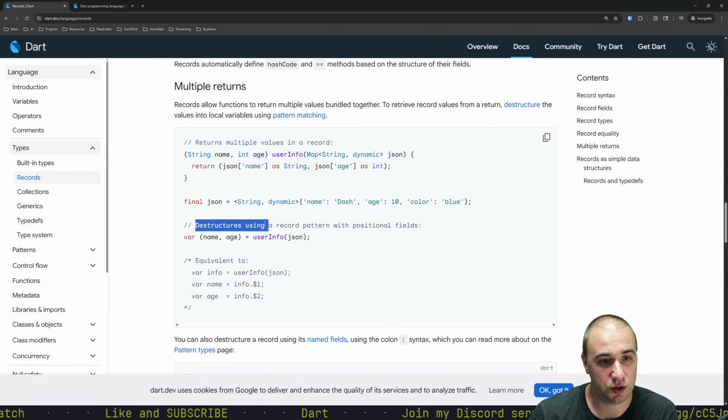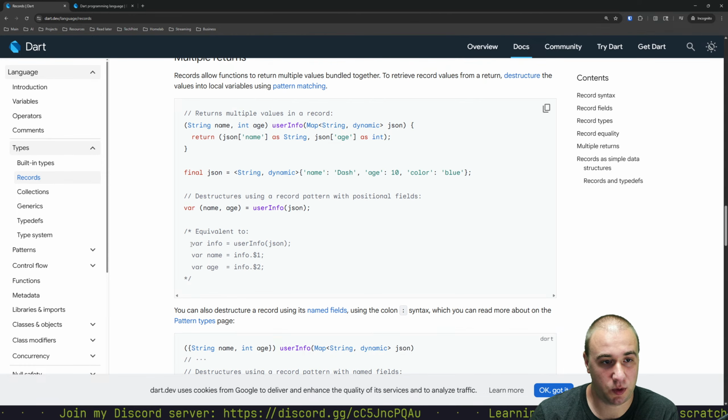And then it destructures using a record pattern of positional fields. Because these are positional, we can just say, hey, we call whatever, get the user info, right? And we plop it into variables name and age because we destructured it. So this is equivalent to var info, and name is this, age is that. There we go. Beautiful. And whatever names we give it here, they don't matter. Absolutely don't matter because these are new variables we're creating depending on the